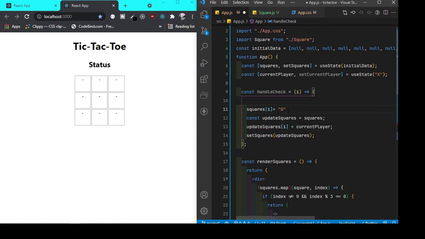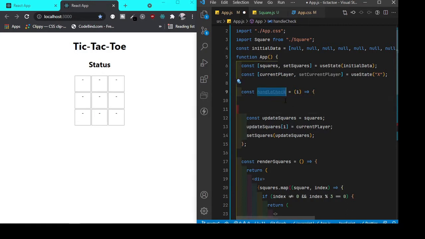This is not how it works in React. It will cause some issue. So what we do is we assign this state to some temporary variable and we update that temporary variable with something, and again we set that state with that temporary data. Okay,